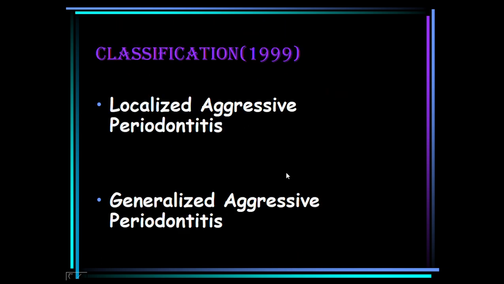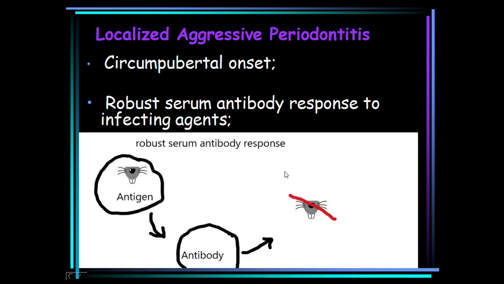Now coming on to classification: localized and generalized. Localized aggressive periodontitis is seen in circumpubertal age, near the age of puberty. Robust serum antibody response to infecting agent. What does that mean, robust serum antibody response? That means an antigen, the bacteria that is there in the body, within no time antibody is formed and the bacteria is getting killed, and hence the disease is localized. Robust means within no time the antibody is formed and the immune cells get control over the antigen that is there,